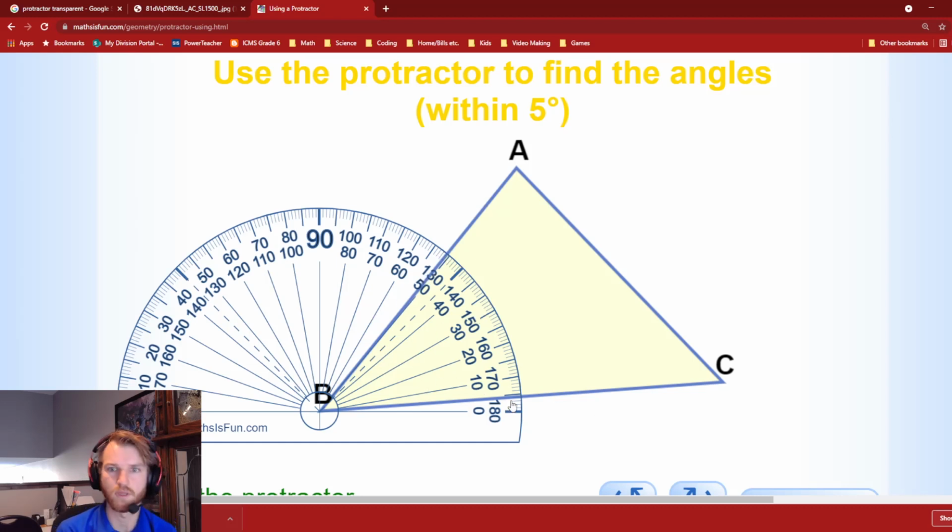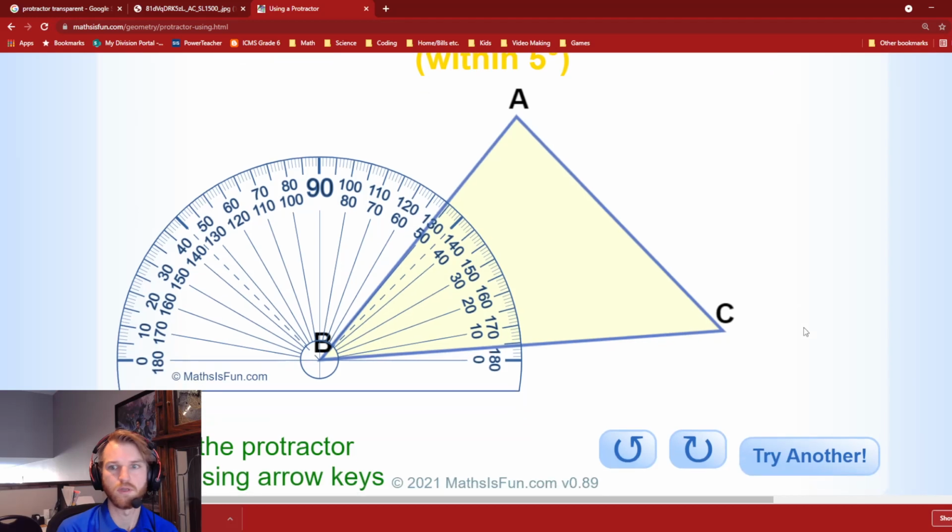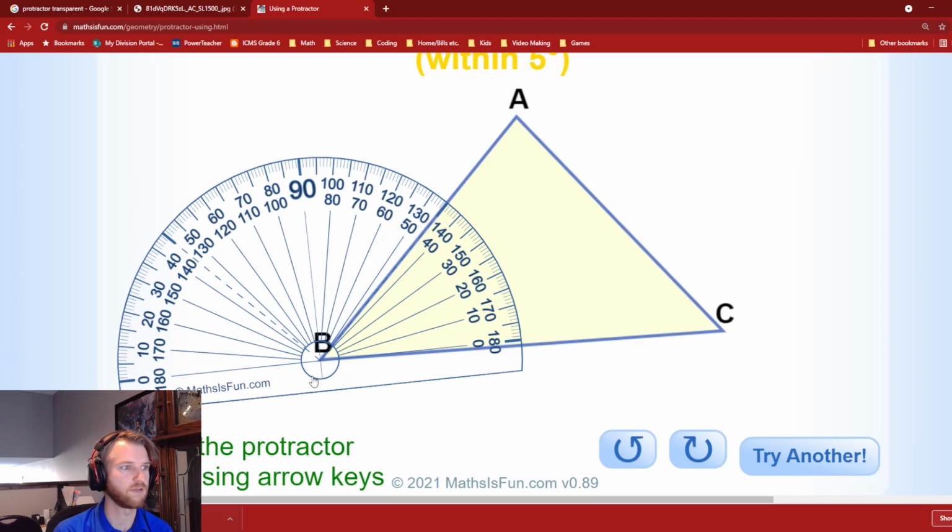All right, now the next thing we need to do is not just go straight to looking at the numbers. Okay, before we do that, we need to line up one of our bottom lines here, one of our zero lines, with one of the sides of the angle we're trying to measure. So what I mean by that is I'm going to rotate this until it gets,